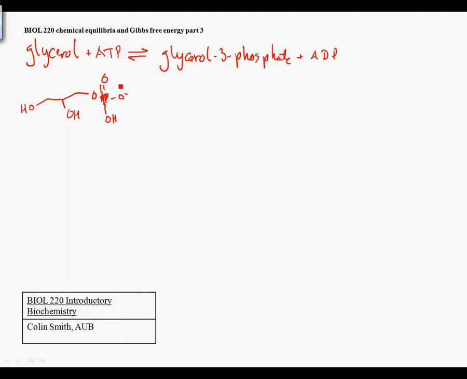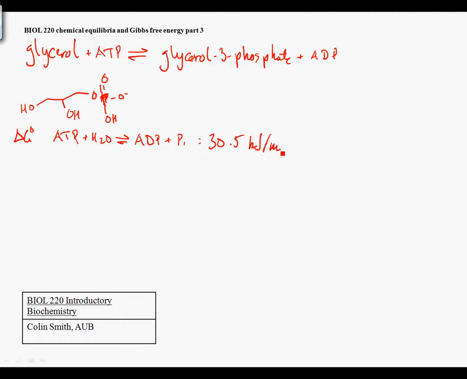This reaction is reversible. We can look at a table to find the standard free energy change for the hydrolysis of ATP. So ATP plus water is going to react not to completion but quite far, to ADP plus phosphate. And the free energy change of this from a standard table is negative 30.5